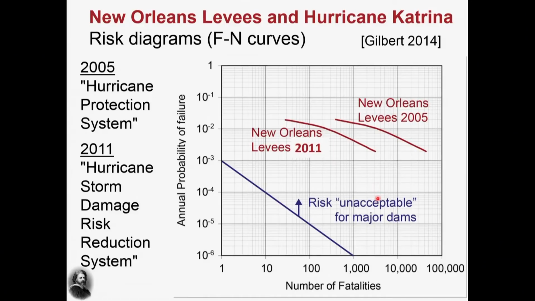And the problem with New Orleans, it was evacuated. And there were and there are fewer people living here, but it's slowly being populated again. People are returning. One comment is in 2005, this was called the Hurricane Protection System. And in 2011, the authorities realized that they were not too realistic in how this was named. So now it's called the Hurricane Storm Damage Risk Reduction System,